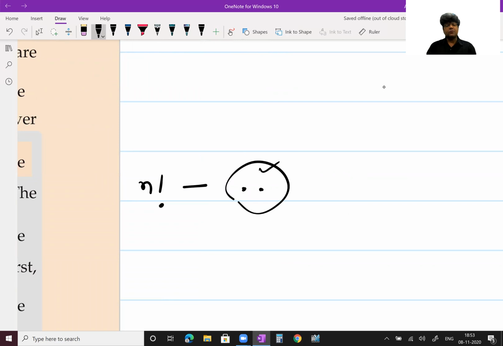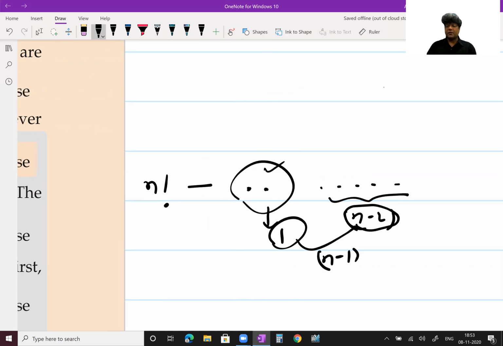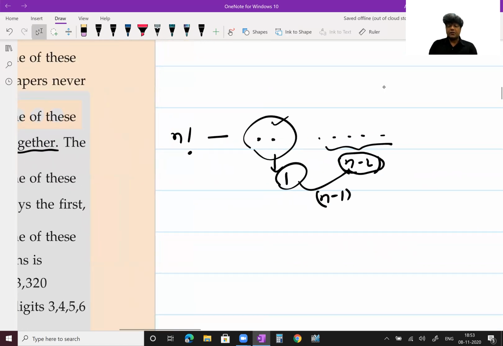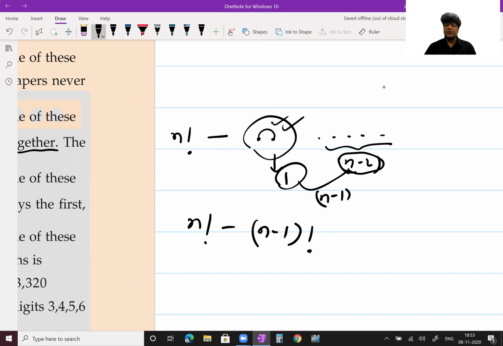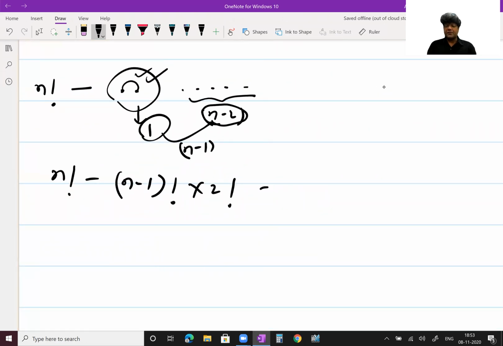Total how many units? We have taken 2 inside this bracket. So how many are remaining outside? Obviously n minus 2 items are remaining outside, and one item is this unit. So total how many units? N minus 2 units here and 1 unit this. So n minus 2 plus 1, that is n minus 1 units you are having. So obviously n minus 1 units can be arranged in n minus 1 factorial ways, and these two things inside the unit among themselves can be arranged in 2 factorial ways. This is the answer, but they will represent this in a better simplified way.